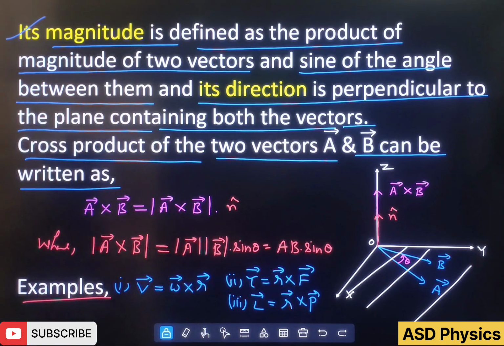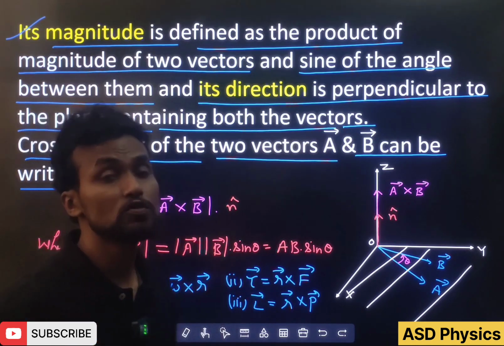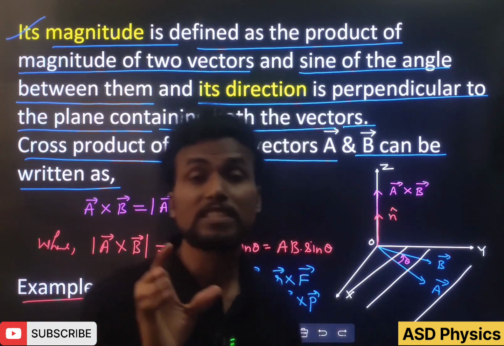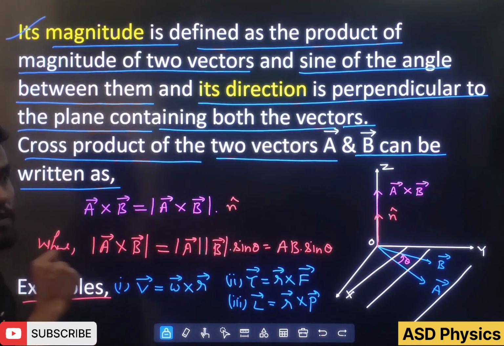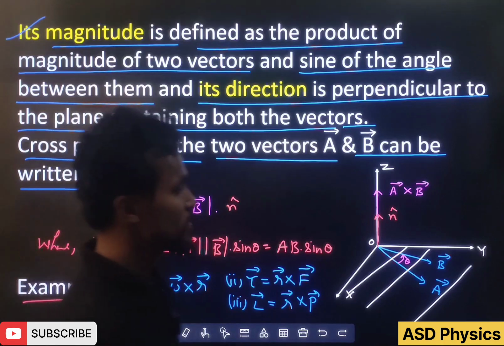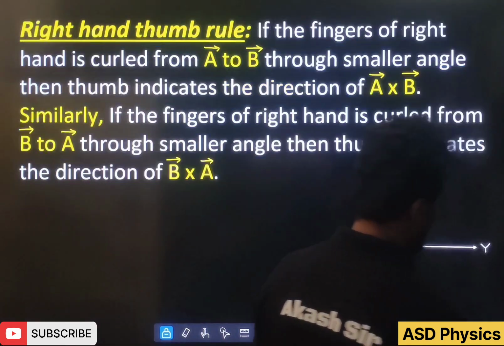Okay, so here what is happening, students, is that we have done the cross product and the resultant quantities, velocity, torque, angular momentum, they all are which one? Vector quantities. That's why here which kind of product is there? The cross product is there. I hope this is very clear. Okay students, great. Now let's move to the next one here.